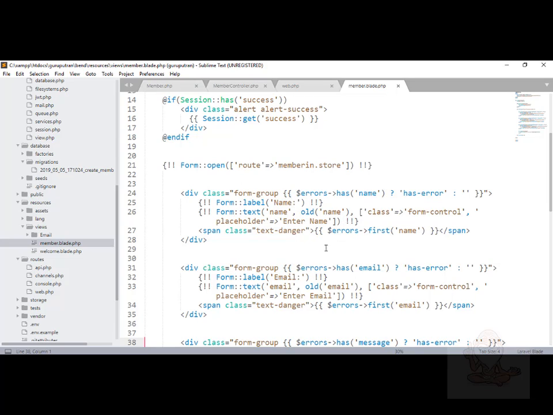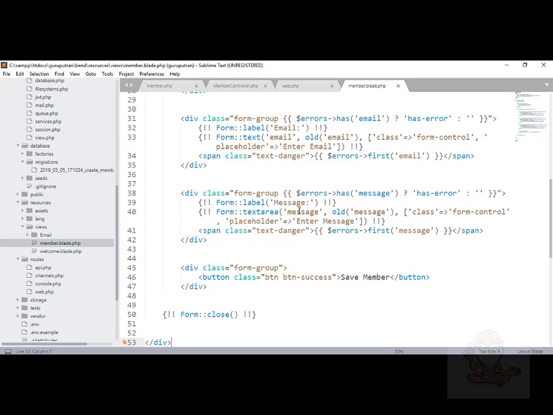These are all collective syntaxes which you can always refer to in the Laravel documentation or Laravel Collective documentation. And we have the name, we have the email, and finally we have the message here.